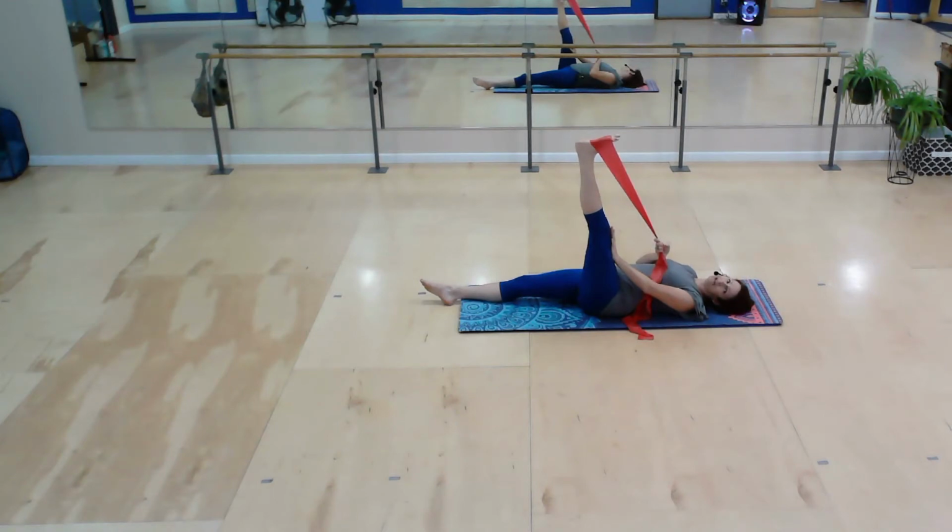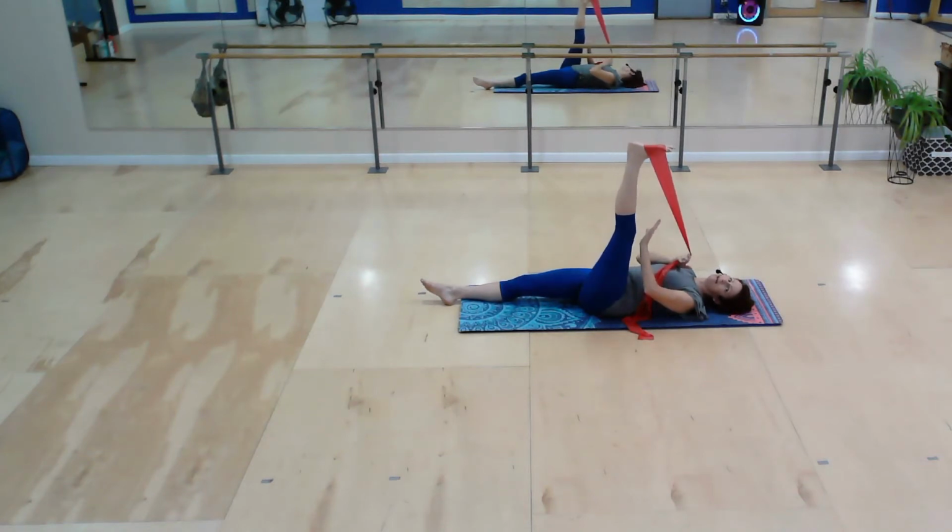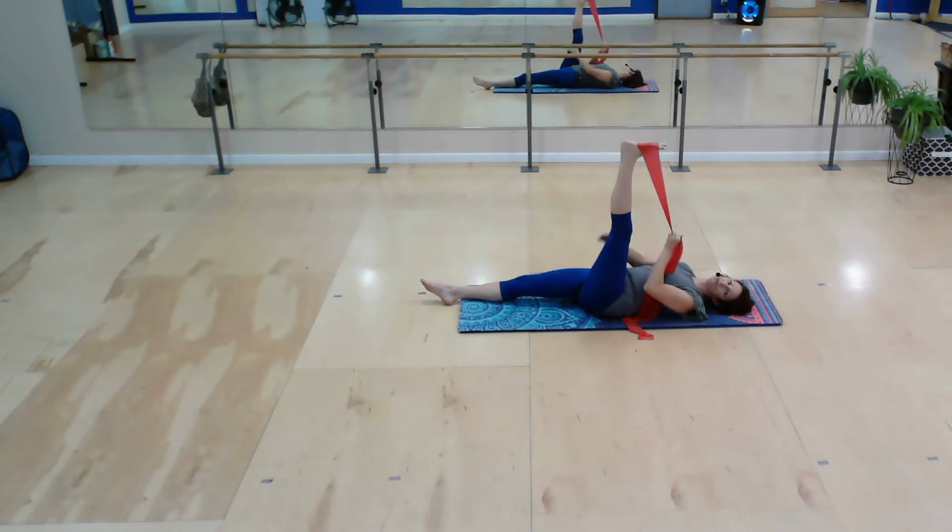And when I'm ready to exhale, just exhale, nothing forced, let it go. And on my next inhalation, I'm going to move my hand and allow my leg to go further into a deeper hamstring stretch. This is resistance level 2. So I've gone past the point where my leg just wants to stop,